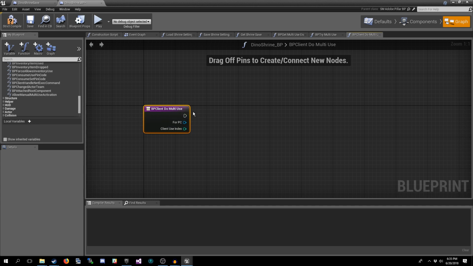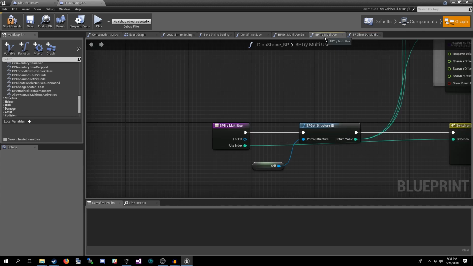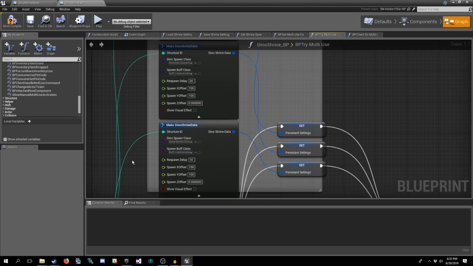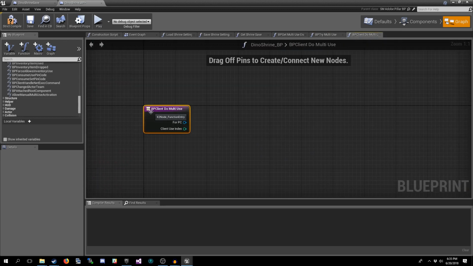So if that's what you need, something to fire only on the client side, which is good if you need like a visual change to occur, this is a good way to do it. For the most part though, anything important should happen here on the server side function. So I'm going to delete this function because I don't need it. I don't need to override it.